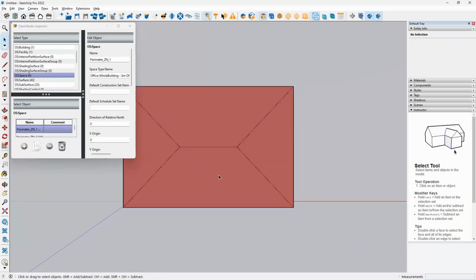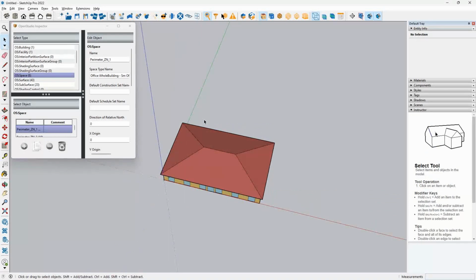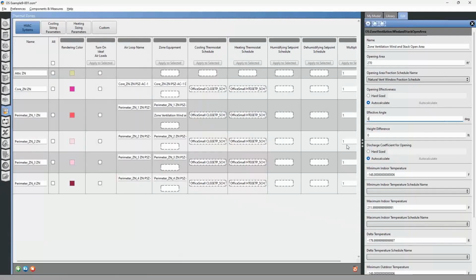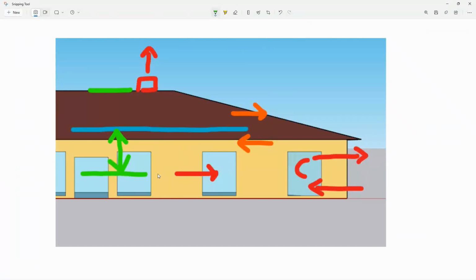If we go ahead and look overhead on our model, you can see that the green axis is true north for our model. We will be using that as the direction of 0, and it goes around clockwise in degrees. So this zone 1 is actually located at an effective angle of 180 degrees from true north. The height difference is, again, going to be that distance between